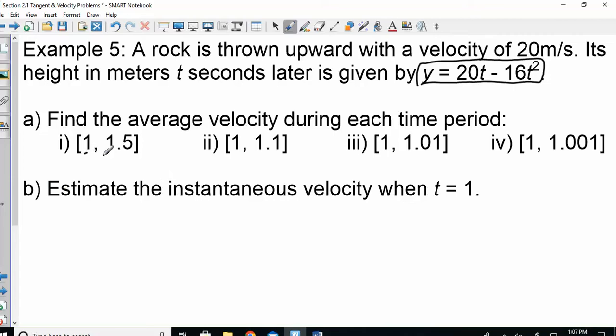Okay, you notice, what do all these have in common? Yeah, they're all starting at 1. This is not an ordered pair. This is saying from 1 to some other point in time. If you plug a 1 into this equation, what do we get out? 20 minus 16, so 4. So what we need to do is find the slope